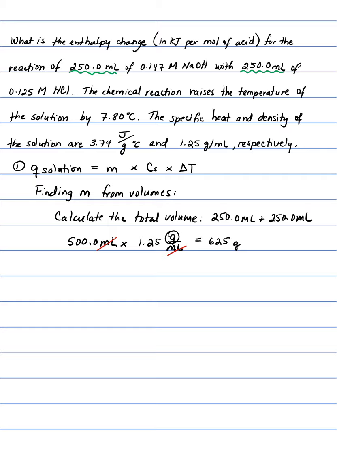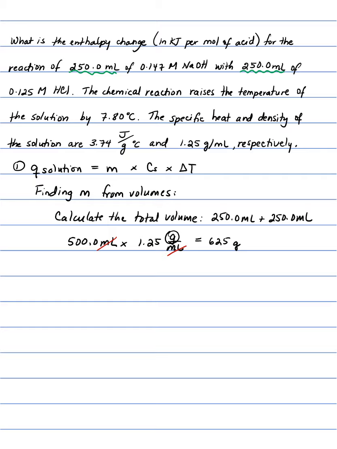500 times 1.25, which is the density, gives you 625. So looking at the equation, I have the mass, and you have the Cs right there in your problem. Now, another different thing is that in the previous problem, you were given a final and an initial temperature. So final minus initial is what you were using to calculate the delta T. Another way for you to find the change in temperature in a problem is like what you have in this